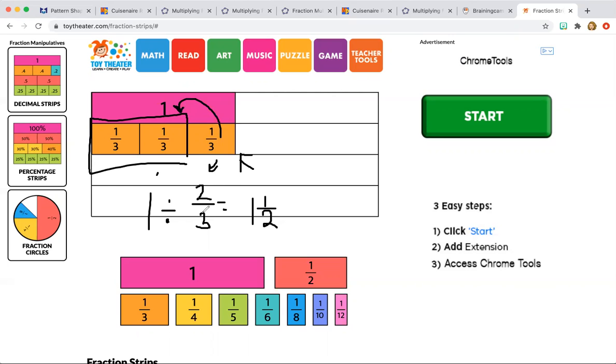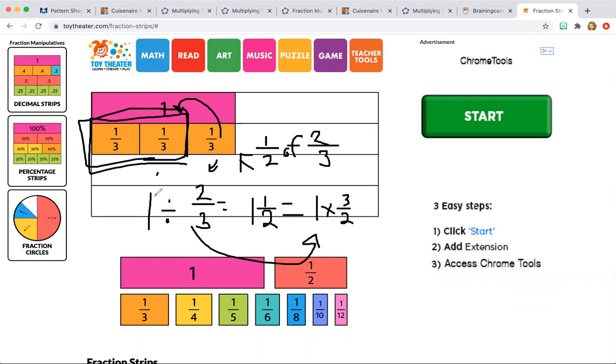So 2/3 fits into 1 one whole time, and here's one whole time and a half of a time. Half of 2/3, right? This 1/3 is half of 2/3. So it's how many times does it fit in? And this is that same exact procedure, right? 1 times 3/2. We still see this same exact procedure of